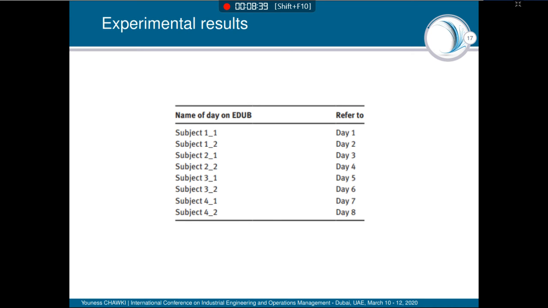The images in the EDUB dataset are structured as follows: they are structured over 8 days. Subject 1 refers to day 1, subject 1 2 refers to day 2, and the same for all the 8 days.